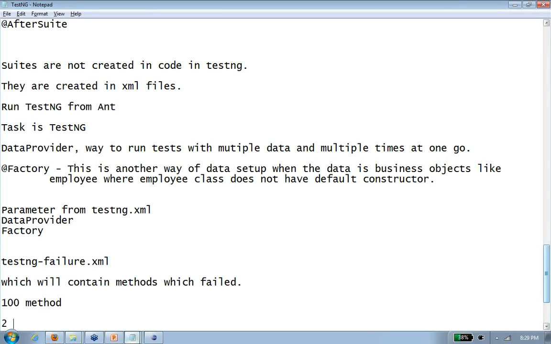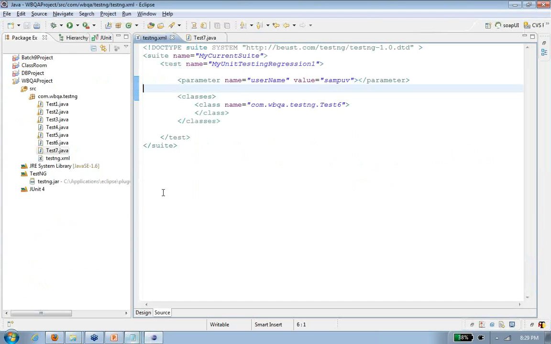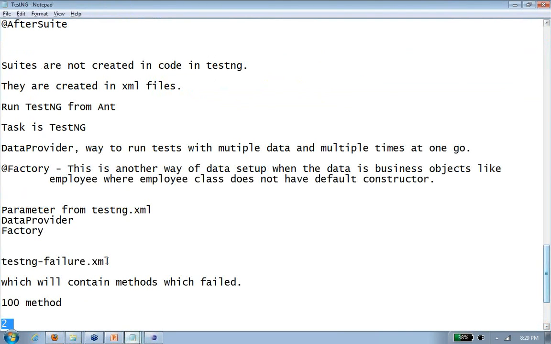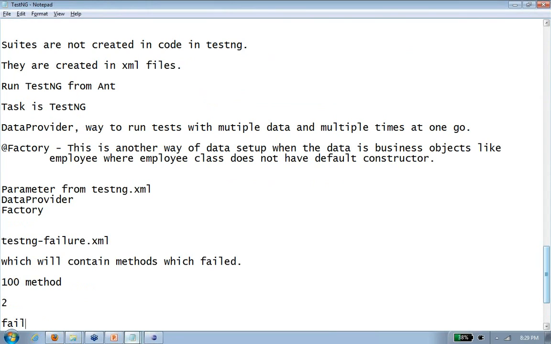Only 2 of them failed. How do you know? Go and find this XML and you can see this is the same like a TestNG. Now run this XML instead of this XML. So it will run only these 2 methods. So failed